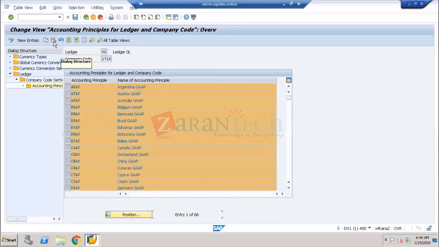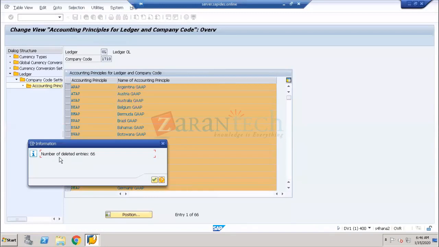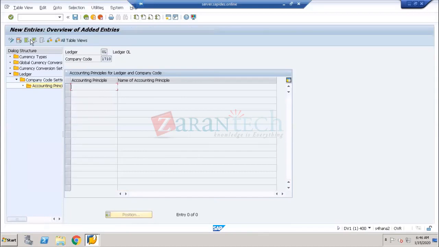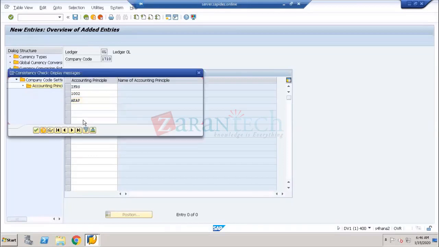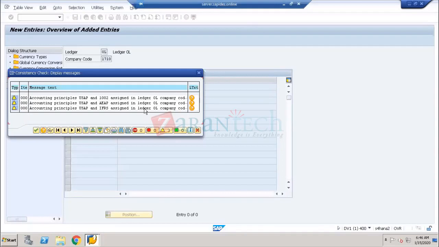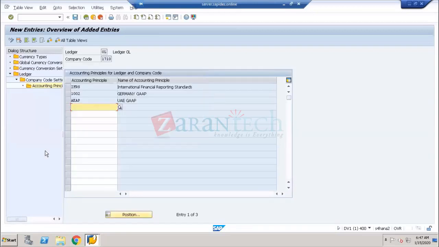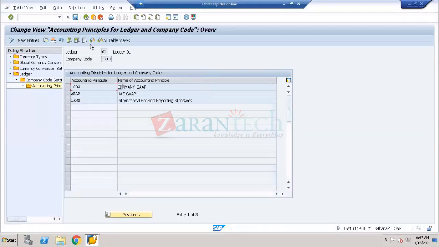Now, if I'm selecting and deleting everything, and in total, the number of entries deleted, that 66 entries I deleted, now for my reporting I'll go for a new entry and I will assign only 3 accounting principles. IFRS, and I will use the AEPP, whatever. Now I'm assigning only 3 accounting principles. So what is it telling? That accounting principle USAP 1002 is assigned to the OL, AEAP assigned to the OL, and IFRS has been assigned to the OL. Very good. Now, if I save this, or if I go back,